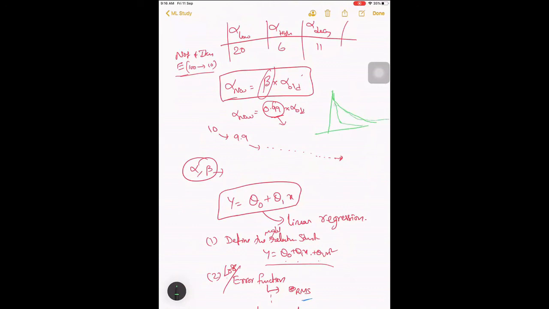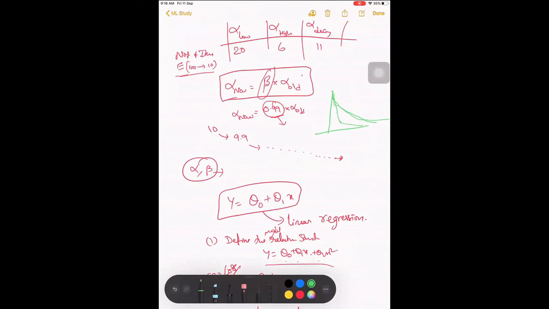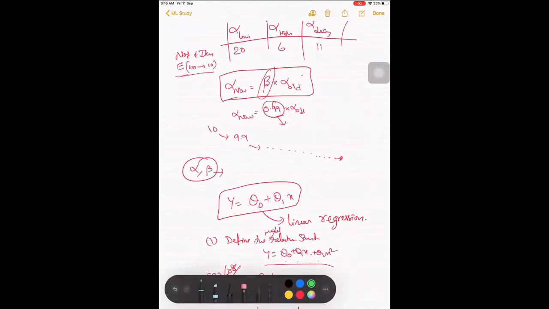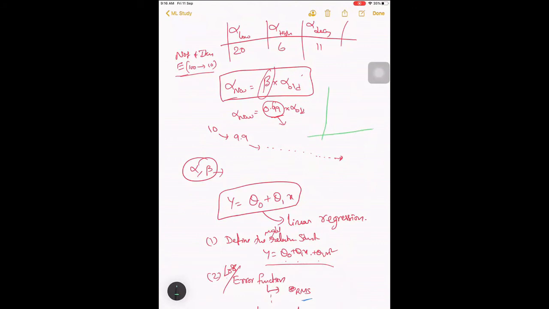But if alpha is fast, it is coming to zero immediately. That difference you can observe. A higher alpha comes to zero faster. If it is a lower alpha, it will go to zero like this, like this, and you would need so many iterations before it reaches zero. So that is the difference.